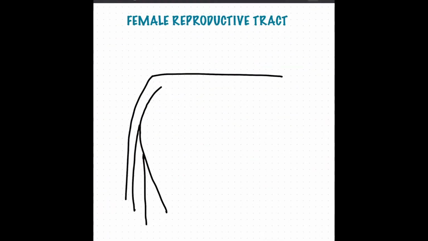All right, this is just a rudimentary drawing of what the female reproductive tract would look like. Again, however, I'm going to be doing it from a side view on a cow. And this is a rudimentary drawing of the back end of a cow. First, we'll start with the vulva, which is the external part that you'll be able to see when looking at the cow and it's under the anus. Then it'll go into the vagina, and it'll have the suburethral diverticulum and the bladder to the side. Then it'll go further into the cervix,